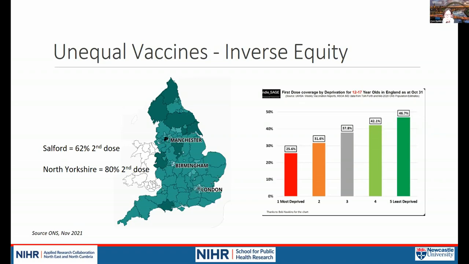And we can see, and the data shows that with, say, second and third doses, the uptake has been very divergent across socio-economic groups. So here's an example as of last October, where there was a big mopping up of the rollout of the second vaccine. We could see that the gap was around double between the most and least deprived in terms of people's uptake of the vaccine. And that, of course, has the potential to play out not just in terms of cases, but again in terms of outcomes and recovery.